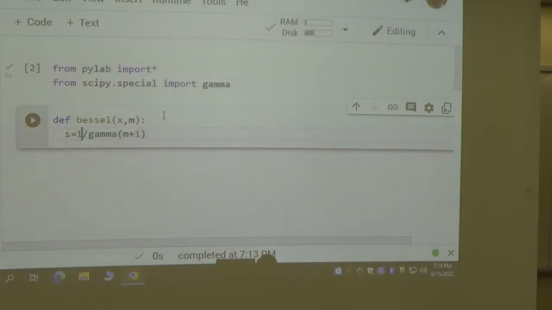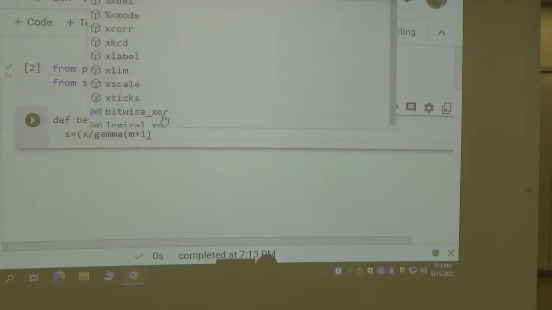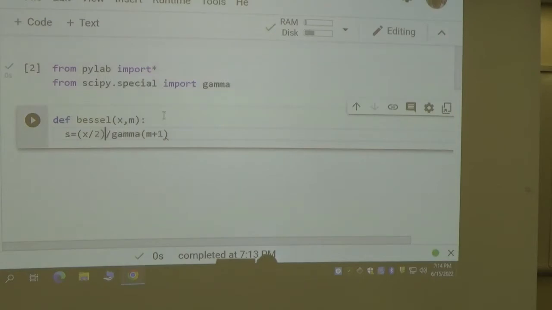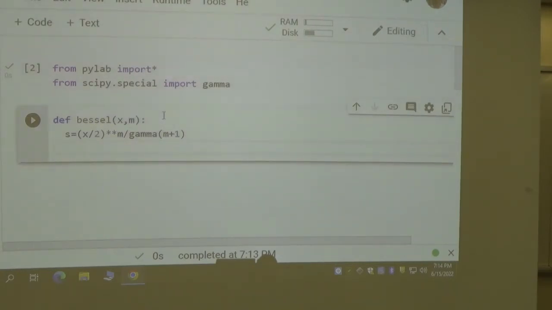And then you multiply by, let's see, x divided by 2 to the power of 2k plus m, right? And k is 0, so m must be n. Okay, so that's the very first one, and then we're going to do a for loop to add up